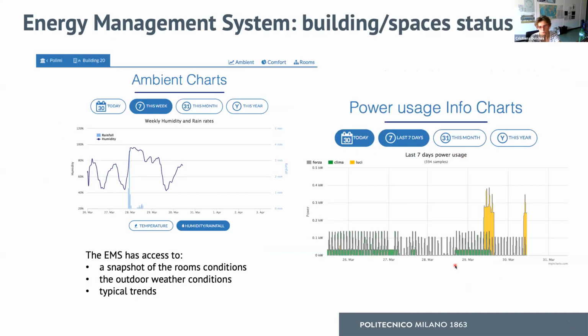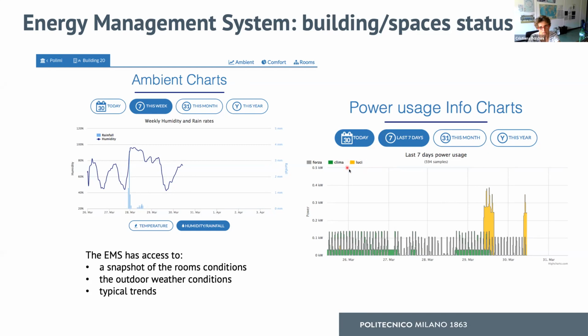From the controlling point of view, talking about the assessment of the situation and the energy audit, we have some charts that monitor, for instance, the outside conditions, the humidity and temperature. So in this case the humidity outside, in this case inside, with a collection of the weather outside, whether it is raining or not, and the power usage that tells us about the different usage possibilities within the rooms where it is spent.